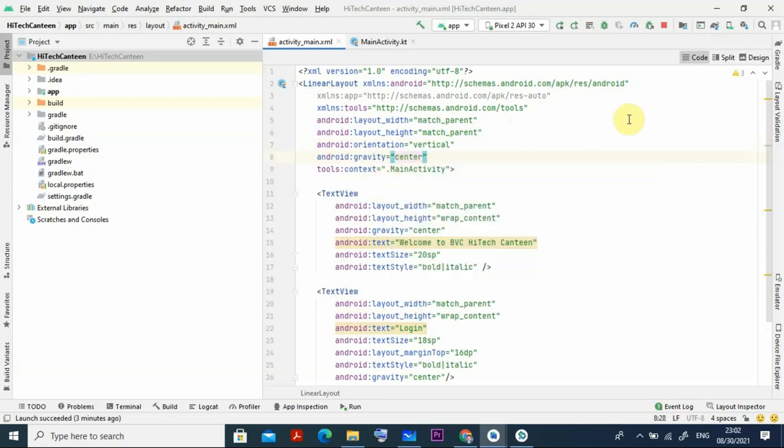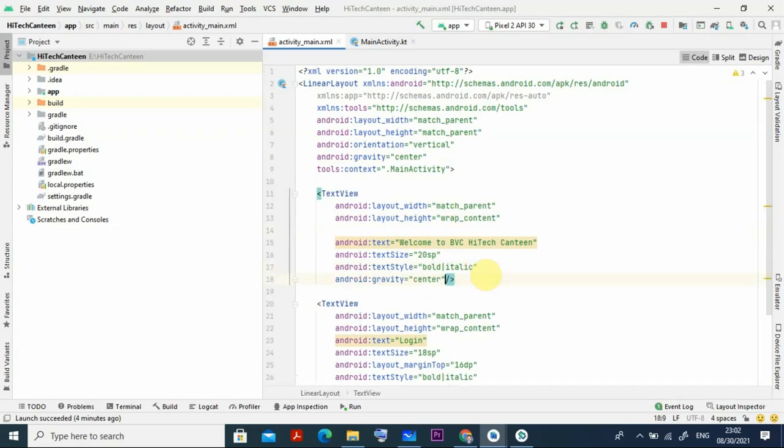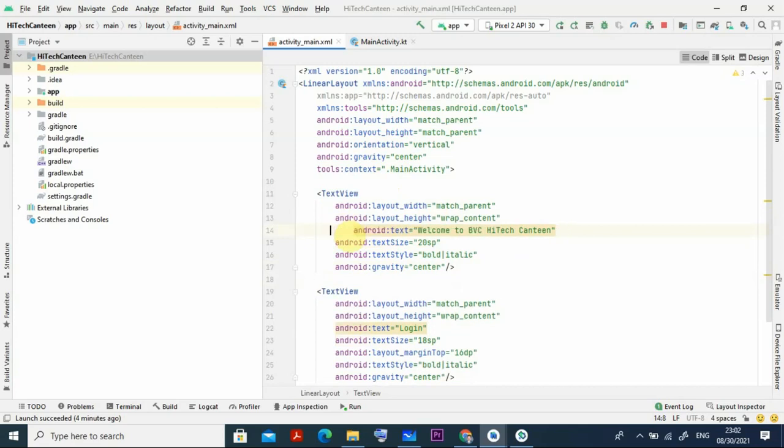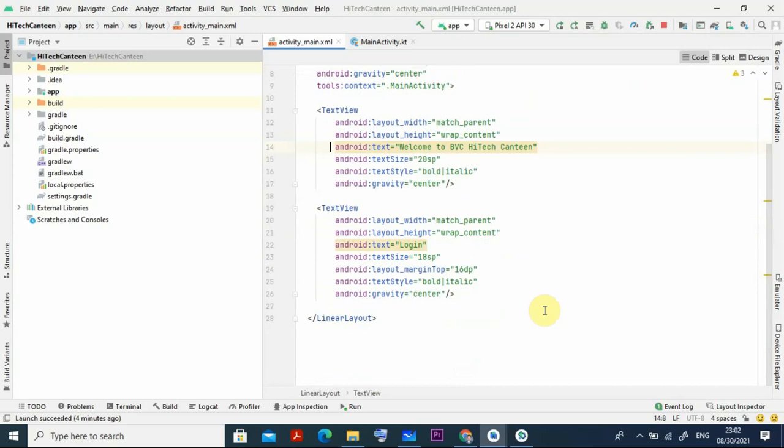So with this everything is there, and then in the text view you have given width, height, then the text, then the size and style. Size and style have come. Gravity is there, and gravity can come at the end. It is not necessary to put it here. There is nothing wrong, you can put it anywhere. But we cut it with Control X and put gravity just before this, then paste with Control V. And we delete this space, it is also not required. Fine.